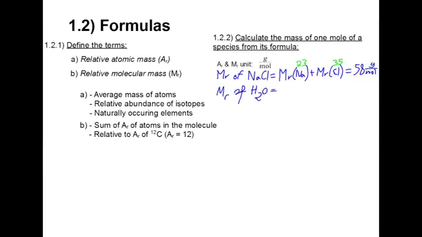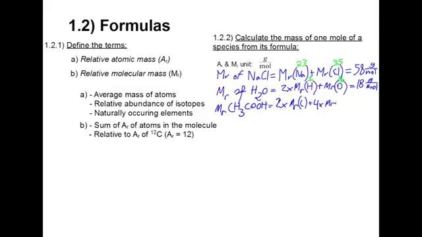The next example is the molecular mass of water. That'll be 2 times the atomic mass of hydrogen plus the atomic mass of oxygen. And that'll be 18 grams per mole, seeing as the atomic mass of hydrogen is 1 and the atomic mass of oxygen is 16. In the third example, we're going to look at the molecular mass of ethanoic acid,